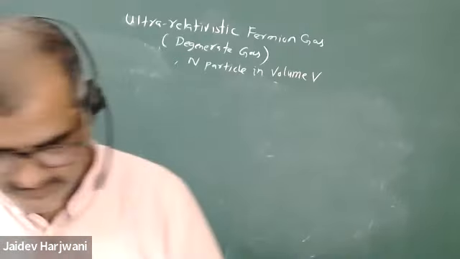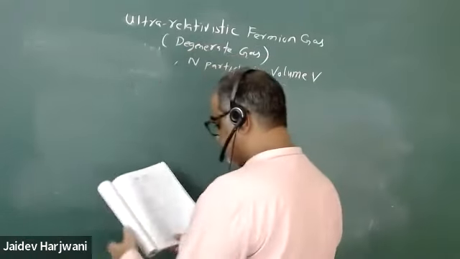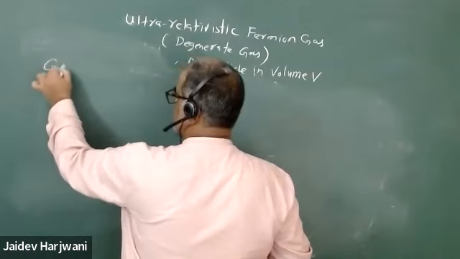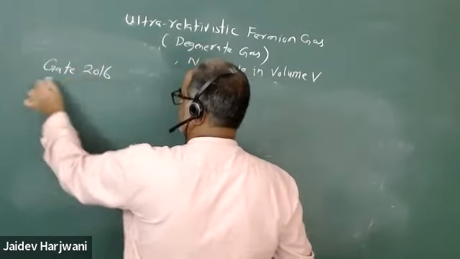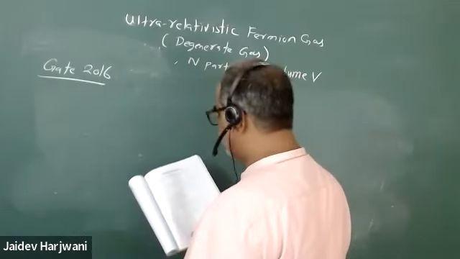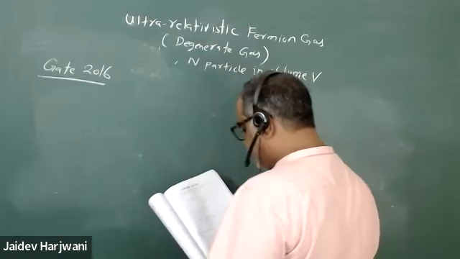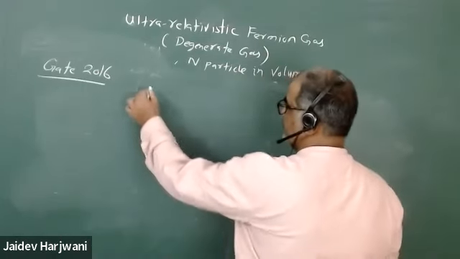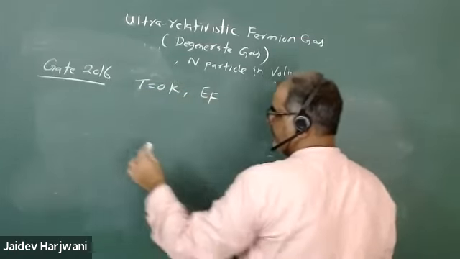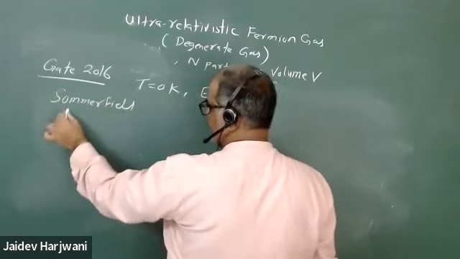Okay, a question came in GATE 2016. They are saying, consider a metal which obeys the Sommerfeld model, exactly what we are doing. If EF is the Fermi energy of the metal at T equal to 0 Kelvin, and we are following the Sommerfeld model, that is the quantum model,